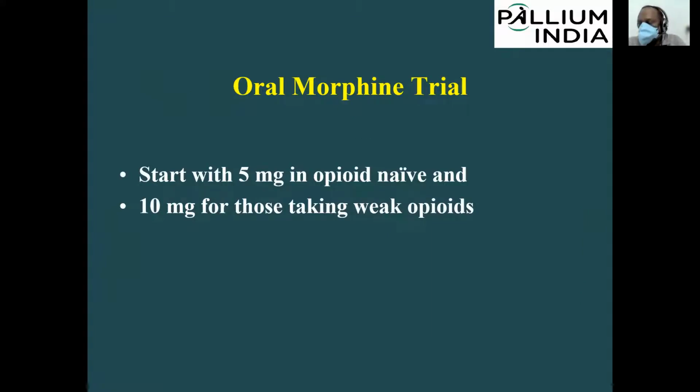And if morphine injection is not available, you can also give an oral morphine trial. So I think it was Kusum who told that they use 5 milligram oral tablets. So if the patient has not taken any opioid, then you can start the patient on 5 milligram of morphine every 4 hourly and SOS dose. But if the patient is already on tramadol or codeine or dextropropoxyphene, and if the patient doesn't have pain relief, you can start him on 10 milligram morphine every 4 hourly and SOS.